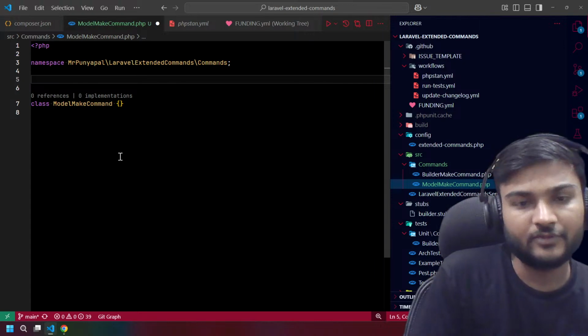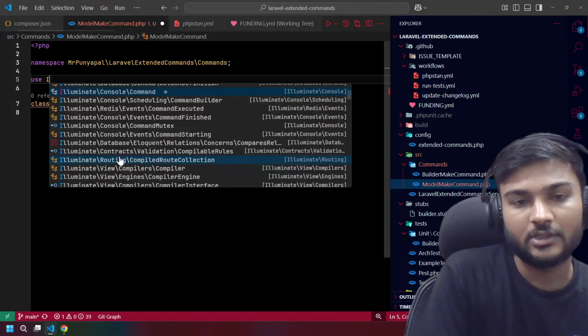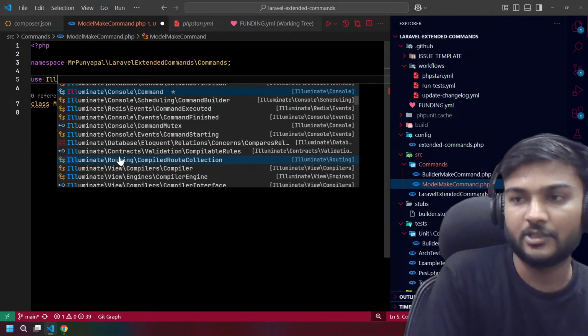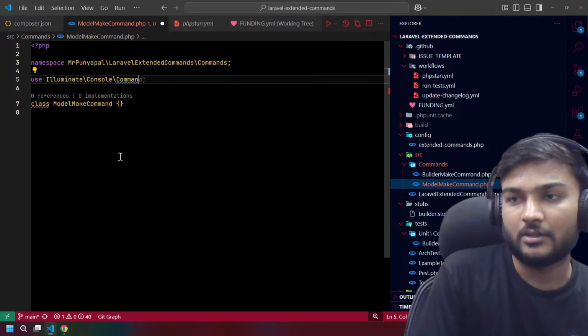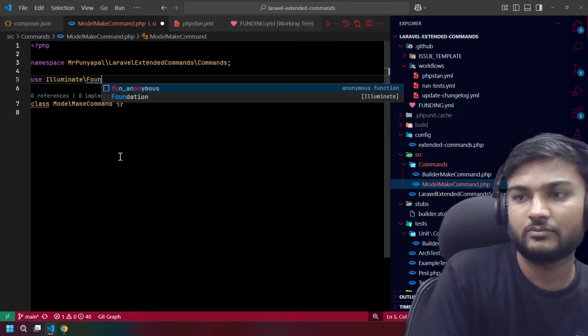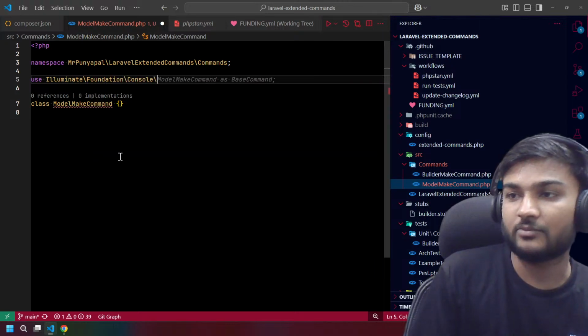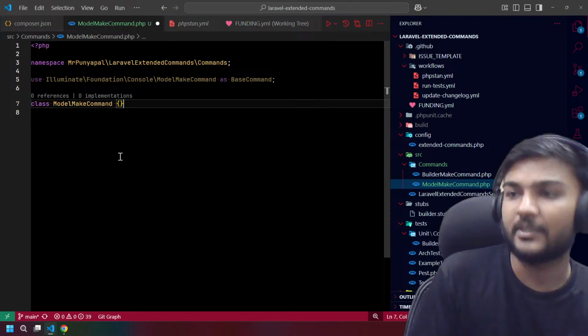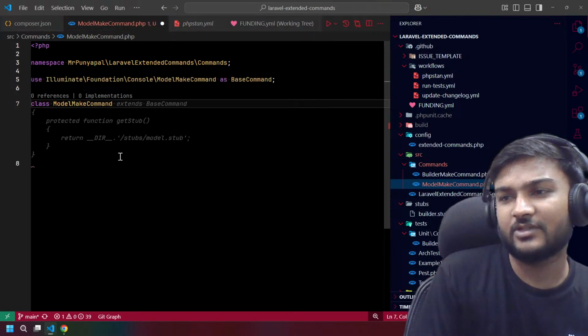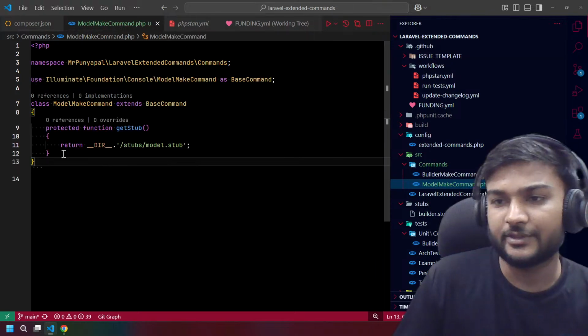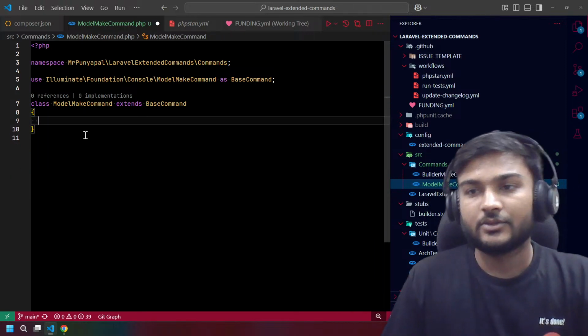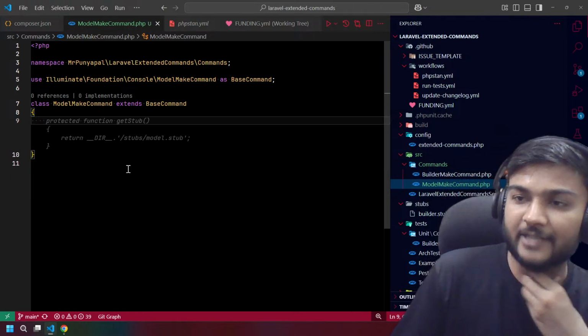So firstly, we can say use Illuminate, not console actually, Foundation, then Console and ModelMakeCommand to call this command. Perfect. AI is actually doing good, right? So we actually did that.